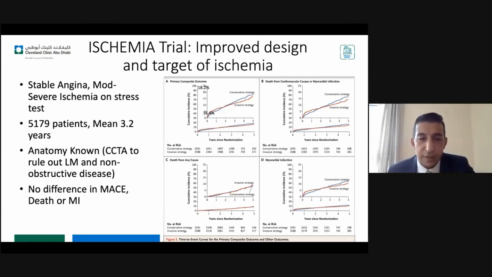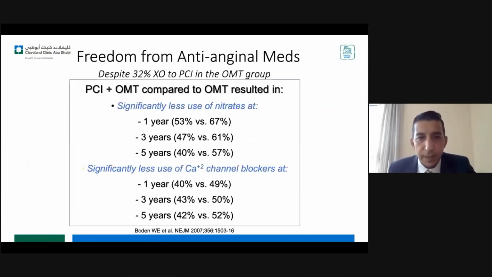So cardiac CT was done to rule out left main, and also patients that had non-obstructive disease and causing their angina. And this trial, followed out to 5 years, showed no difference in MACE, death, or MI. So again, as I'm sure was presented already, the point is, should we be doing intervention on any of these patients? However, we do know, it's a well-established fact, that